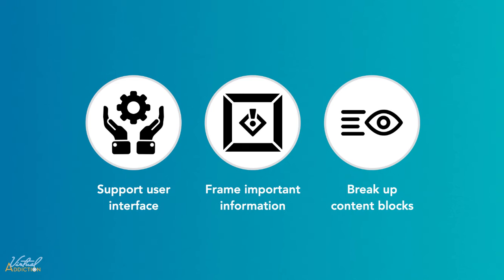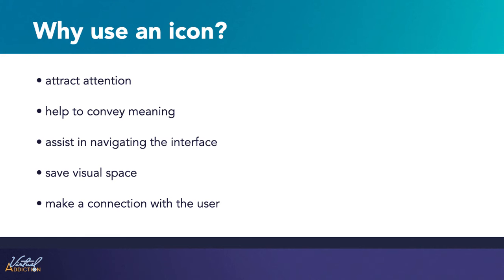Website icons perform three main functions in design. They support the user interface, making it more visually appealing. They frame important information, and they break up content blocks, making copy more readable. Icons help to attract attention, understand the meaning, navigate the interface, save visual space, and make a connection with the